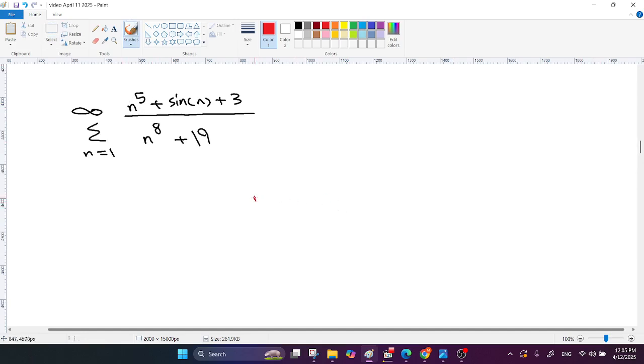This one is easy, right? n to 5 plus sine n plus 3 over n to 8 plus 19. It's less than or equal to... maximize the numerator, minimize the denominator. For example,